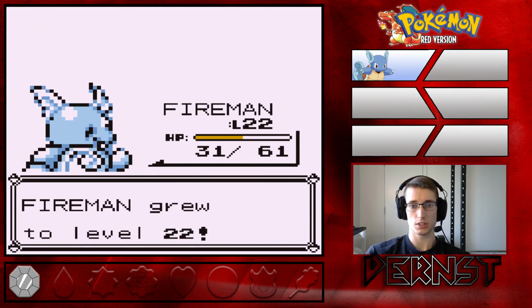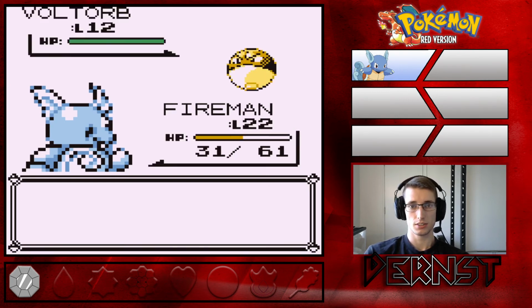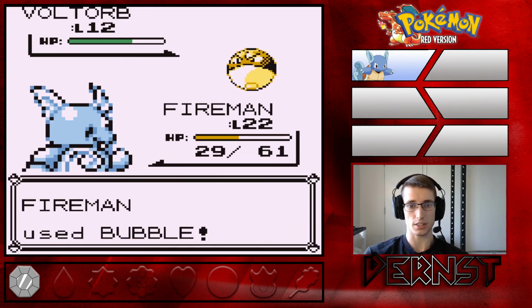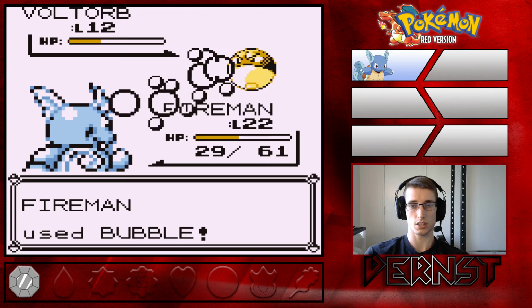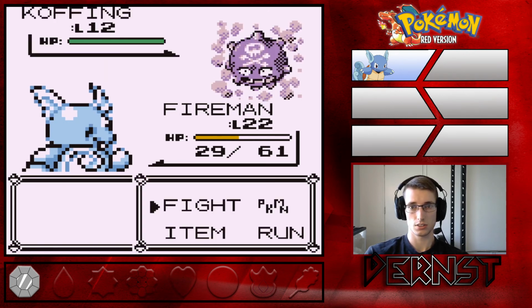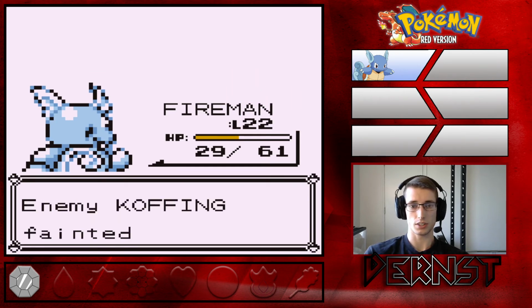I probably hate confusion more, because at least with poison I know it's going to happen every turn. But if I'm confused, I'm like, do I kill myself or not? It's basically a toss-up. Thank you for failing, because that would kill my ears. I already have tinnitus, I don't need more ringing in my ears. As a little joke for all of you, a hearing joke. And I crit the Coughing, nice, because again...